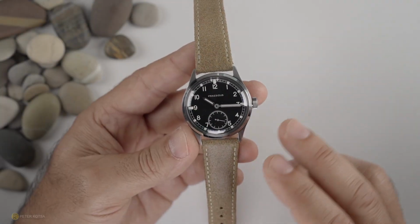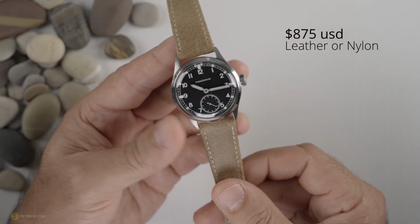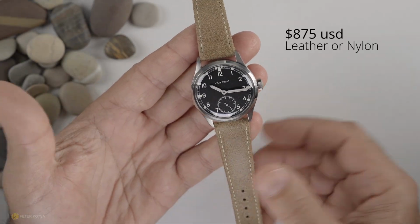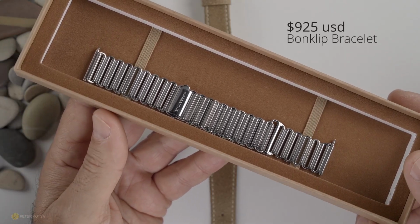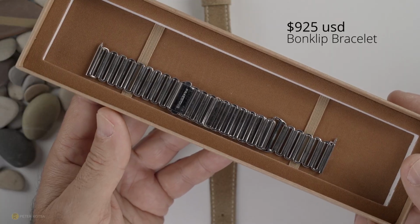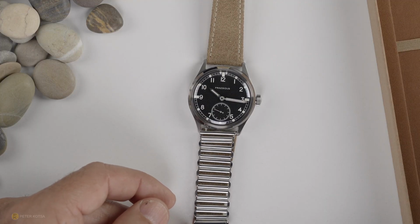And lastly, before we get onto any gripes, the price. The watch comes in at $875 with this leather strap or even nylon straps, and they also supply a bonklip bracelet, which comes in at $925 all up. Now I've not tried it on this bonklip, but you get the idea. Personally, I've preferred it on the leather, but even in saying that,